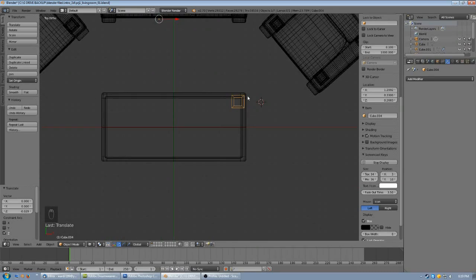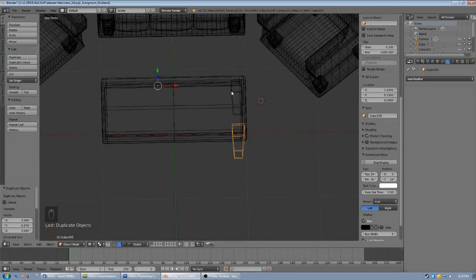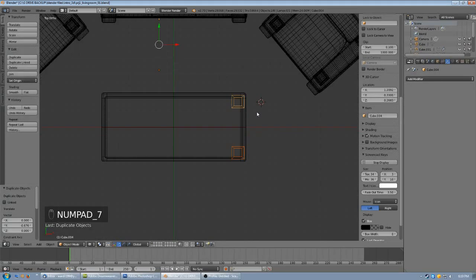And we're going to go ahead and Shift D. Since we have that leg selected, Shift D duplicates, remember, and we're going to drag that on the Y-axis down to the other end. Okay, so now we have 2 legs for our coffee table. So I'm going to go ahead and select that back leg, holding down Shift, and I'm going to go Shift D again, and this time we're going to move it on the X-axis and move it all the way down